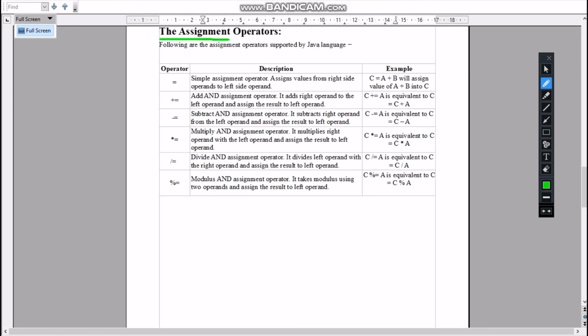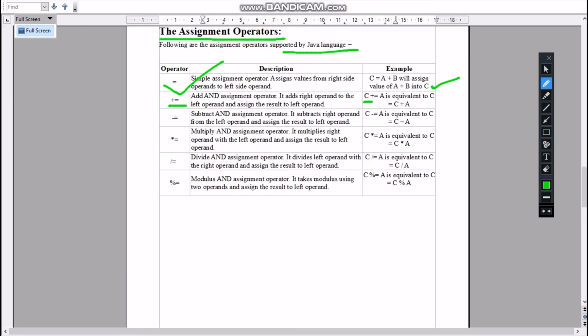Now the assignment operators. The following are the assignment operators supported by the Java language. The first one is the simple assignment operator. Here C = A + B will assign the value of A + B into C. Plus equal to.